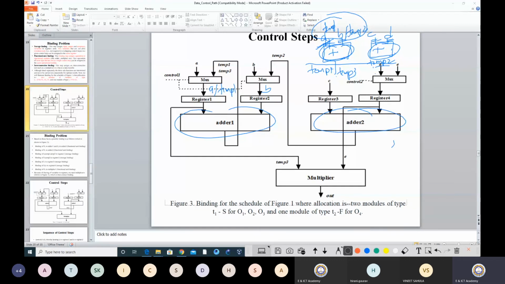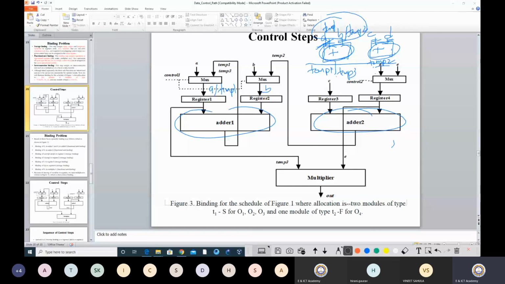If I want a choice to store in the register, then the best possible option is a mux. I can use a mux. The mux will provide me the choice whether I want A or temp1. Now, where I want to store A or where I want to store temp1, that is just scheduling. Okay. So for that, probably I can go for a control path design. That we will discuss. But currently, just think about that.